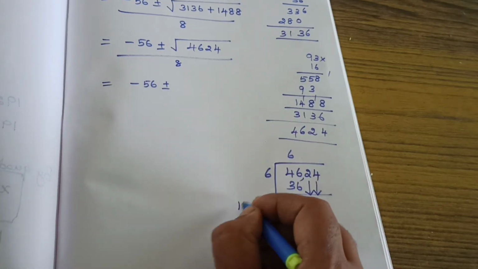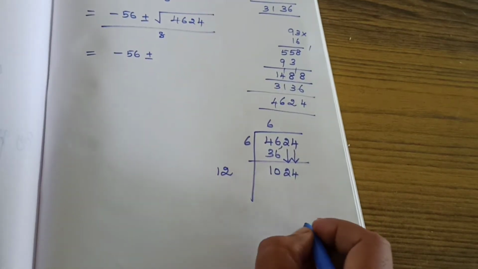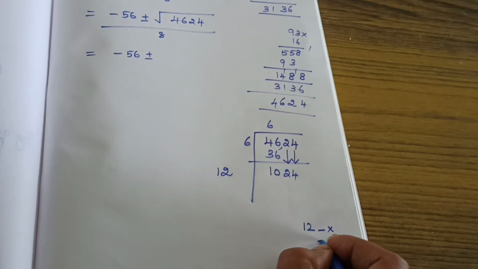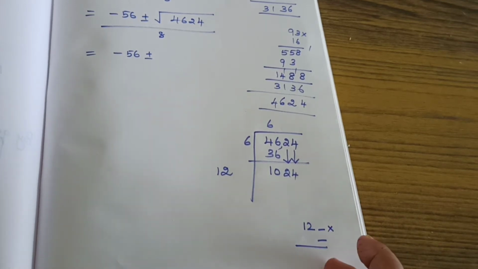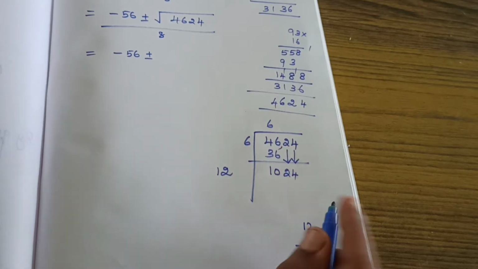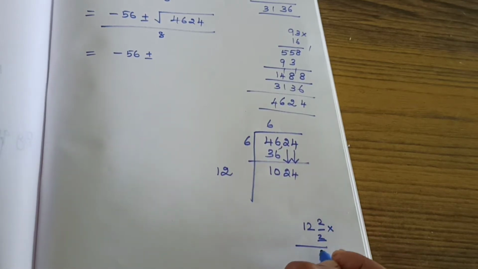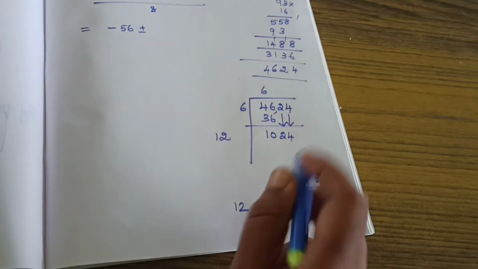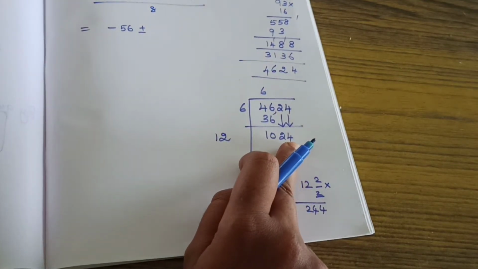So 6 2s are 12. And here 12. Same number you need to calculate, the square number. So here it is ending in 4. Which square number ends in 4? 2 2s are 4 and 8 8s are 64. So two numbers we need to check. First we can check for 2: 4 4 2, a very small value, no? We can check for 8 because here it is ending in 4, so we can check for the square number which ends in 4.